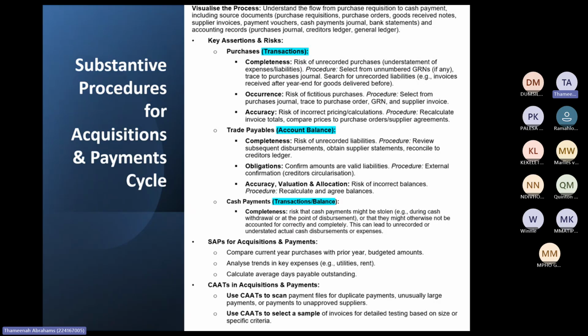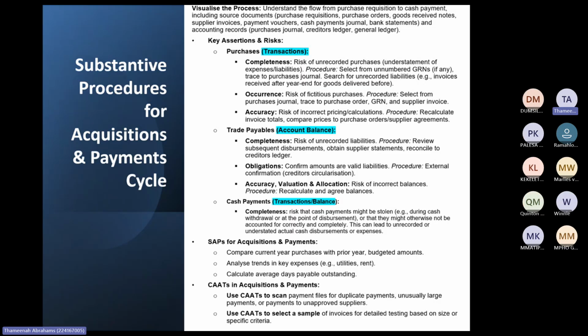So when you do procedures for rights, you'll inspect, for example, the debtor's statement to ensure that the statement is in the name of the customer and your audit client. Because sometimes, especially if it's a group company, one company will process the trade debtors of a different company within the group of companies. Does that make sense? Or the expense is not in the name of the company. So that's how you do rights for the debtors, or if it's a loan agreement, remember, that's obligation.